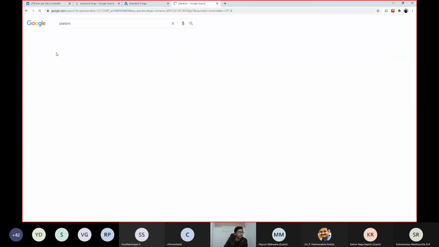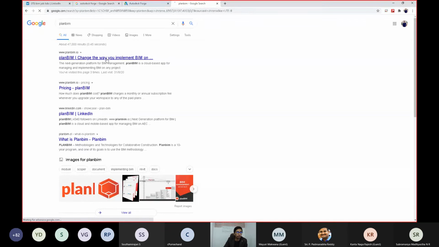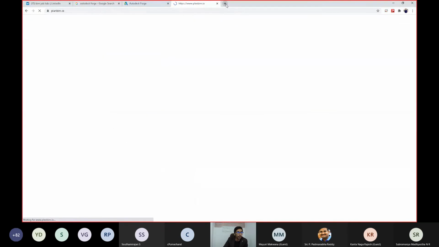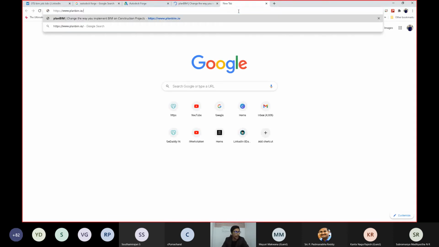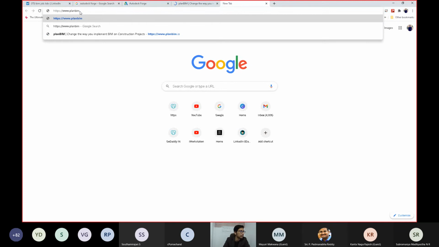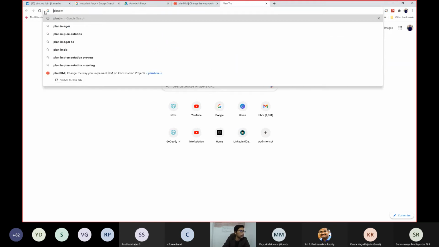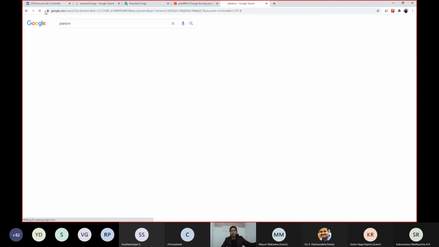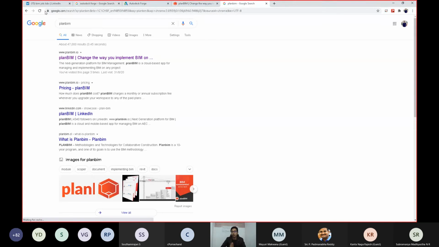This is an Indian company, planbim.io. You can get it on the Autodesk App Store as well, and it has an integration with BIM 360. Basically, this Forge is for these companies to integrate their product or their add-in or plugin with Autodesk products.